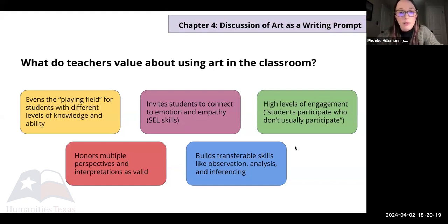I've often found that art is a good way to invite students to connect to emotion and empathy in the classroom, as well as connecting to content. So it's not separate, but it's happening at the same time. We tend to see high levels of student engagement, often from students who don't typically participate as much. Art can be a way to engage those more hesitant students in conversation. Art, as we talked about, doesn't always have one obviously correct interpretation or reading of a painting. So it's a way for multiple perspectives and interpretations to be seen as valid. And as long as students can offer evidence for their claims,